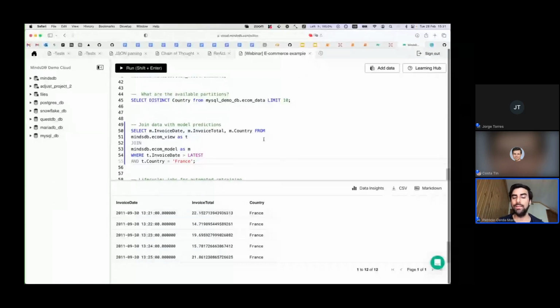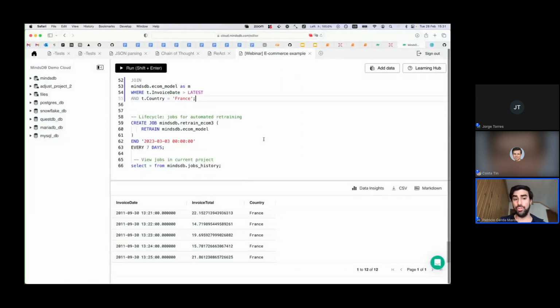Well, in that case, the natural answer that MindsDB provides for this scenario is the concept of jobs and also retraining runs. You will notice that I have a create job syntax here. What it's doing is asking MindsDB to start every 7 days, and of course with an end date. This is not going to trigger because it's way too soon, but if I change the timestamp to something that is beyond March, let's say April,